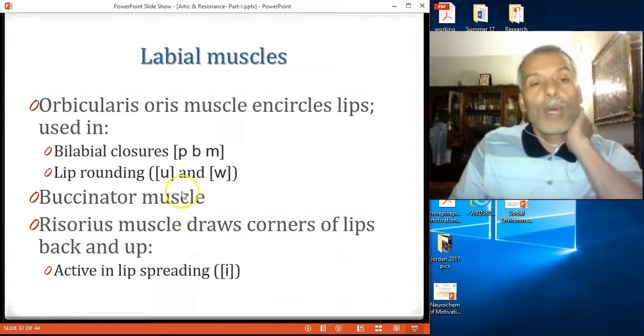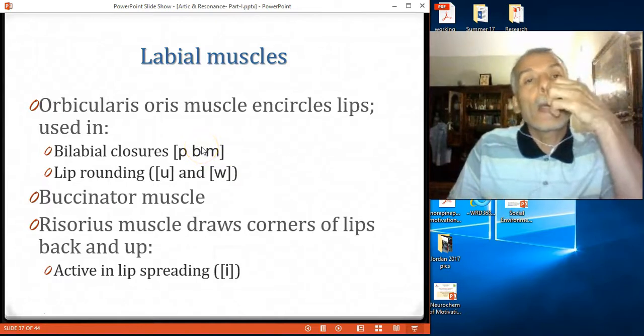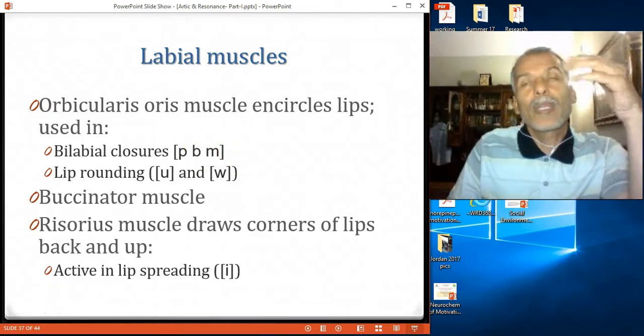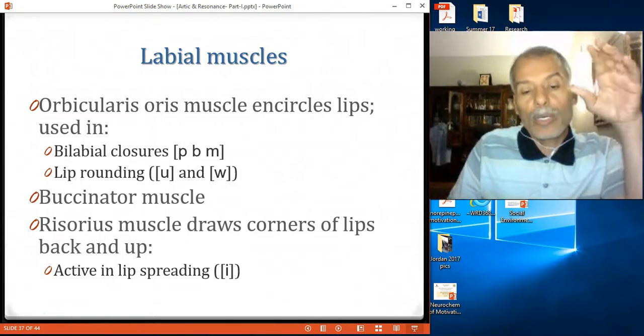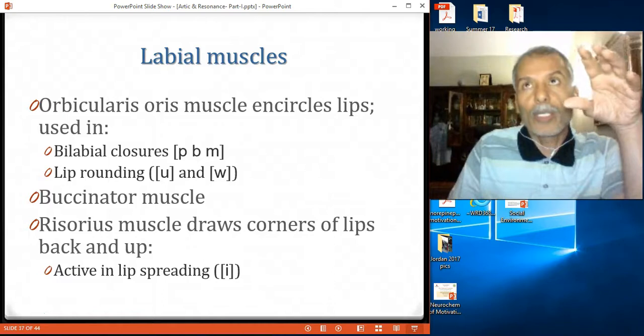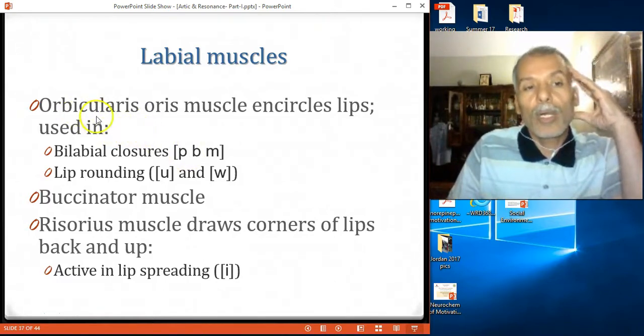So now we are going to look at the labial muscles, and that will end the labial and some of the nasal structures, but that will end the review of the structure of the articulators and of the vocal tract. Labial muscles that we focus on are the